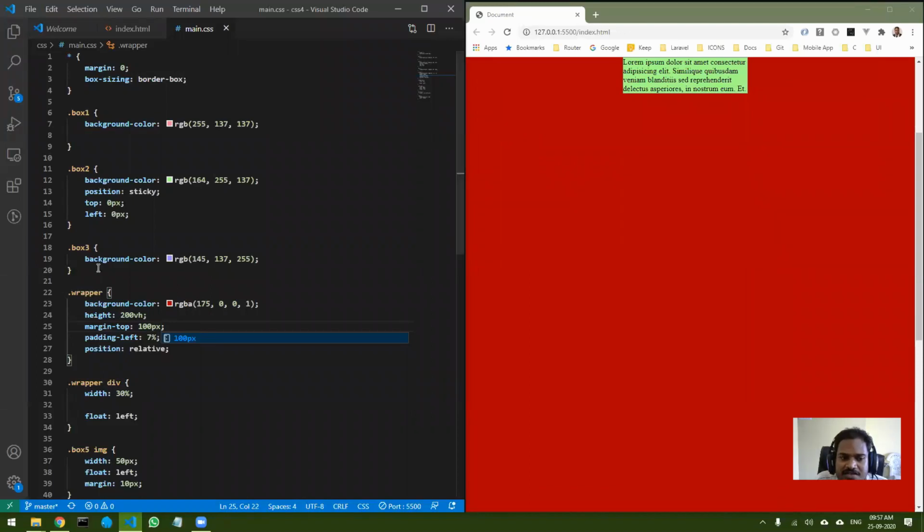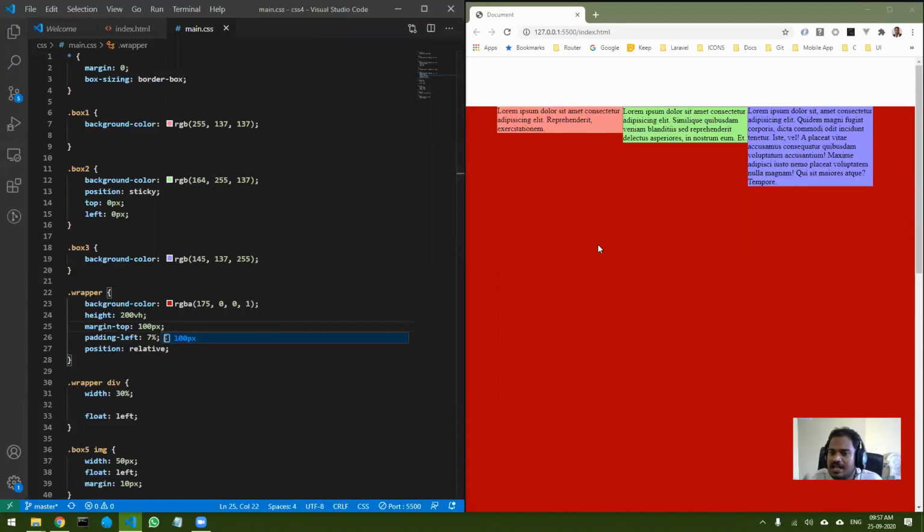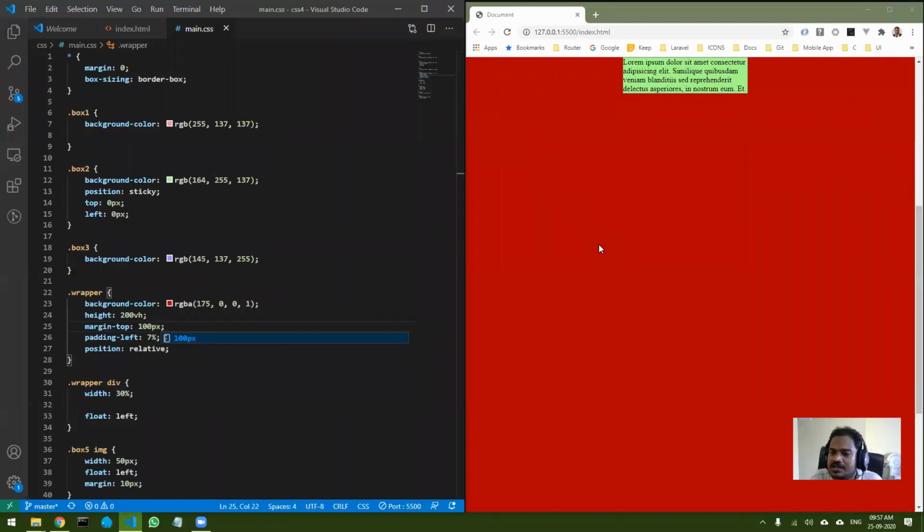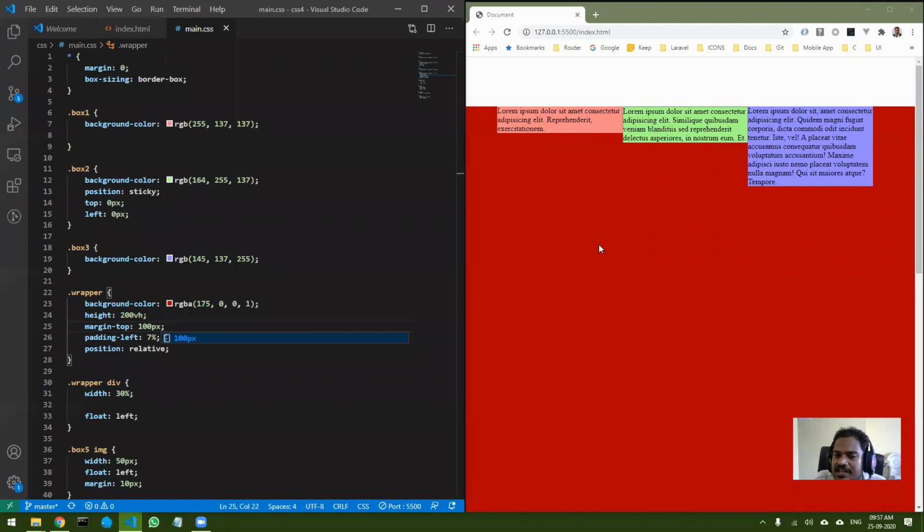So that is why it is called sticky. It looks like it is in the normal flow, but when you scroll it, it sticks to the top. That is very nice when you're creating menu bars which you want always to be there in your document.